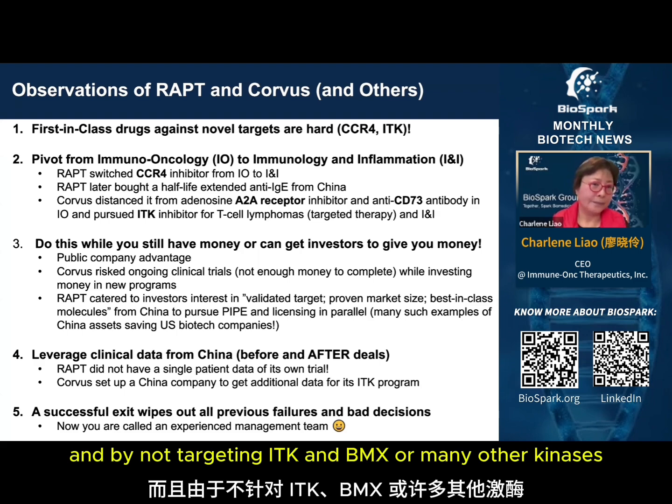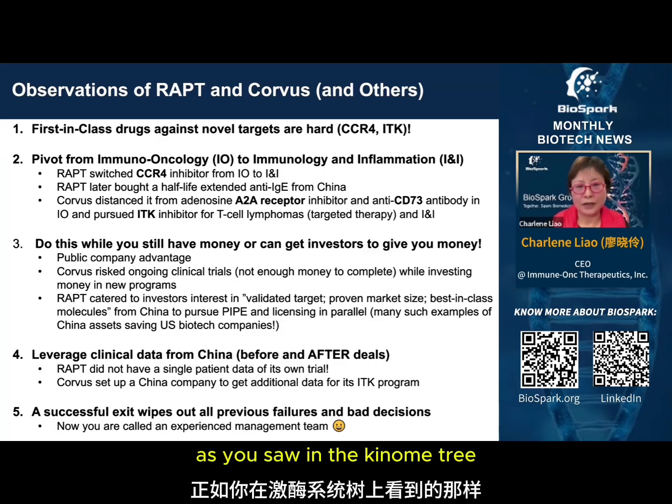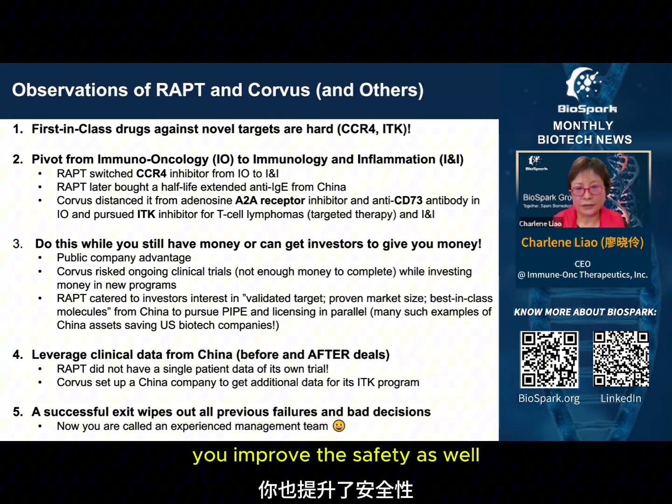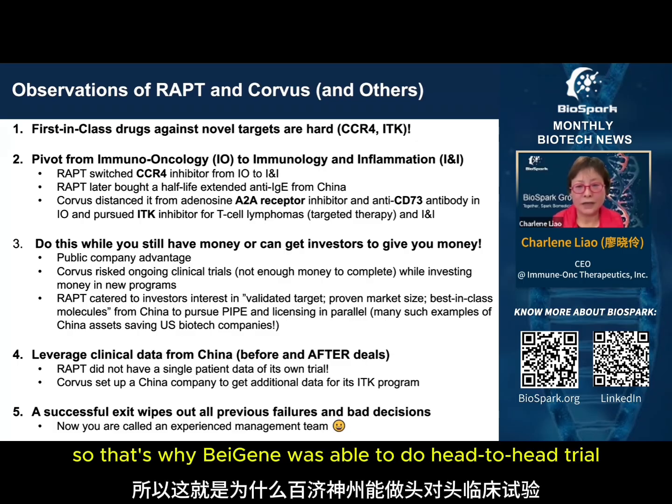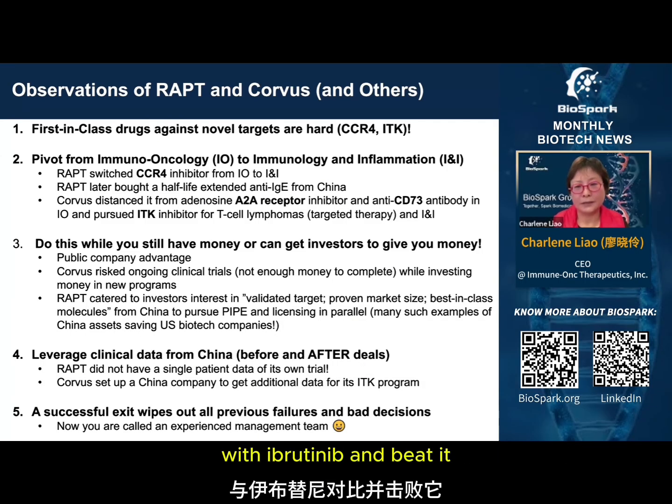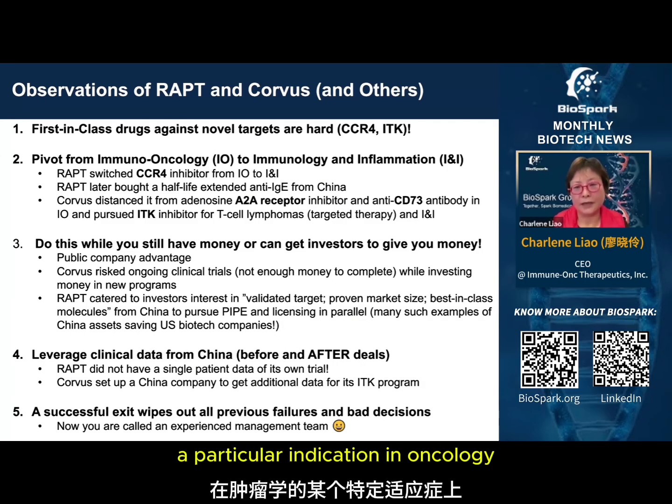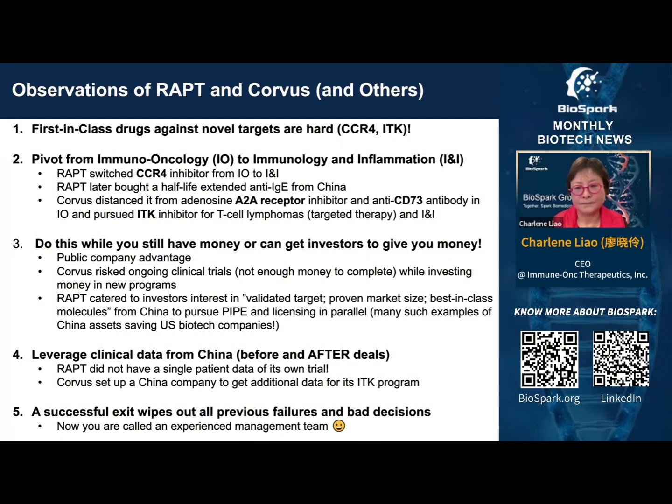And by not targeting ITK and BMX or many other kinases, as you saw in the kinome tree, you improve the safety as well. So that's why BeiGene was able to do a head-to-head trial with ibrutinib and beat it in a particular indication in oncology. Also,